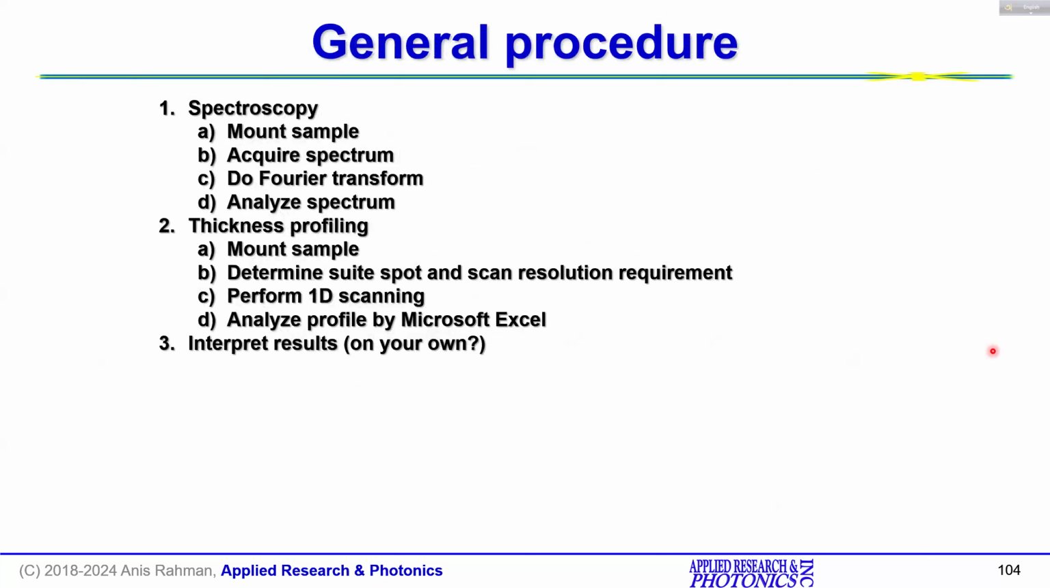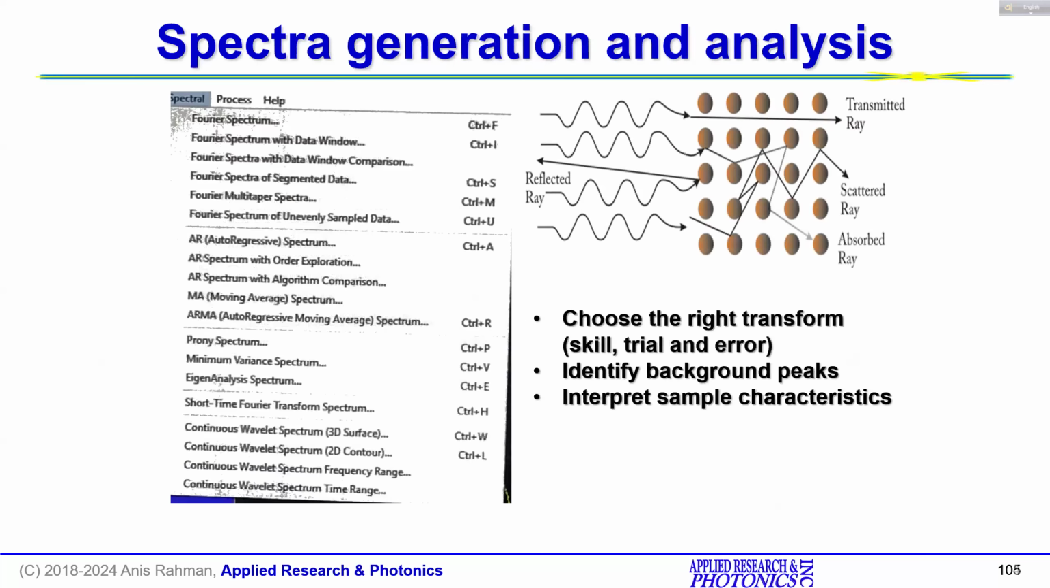So again, the general procedure is, this is just the user manual repetition here: mount the sample, acquire spectrum, then the Fourier transform, and analyze the sample. All of these software are built into the machine, so everything is given. So again, this cartoon you saw before, but in analysis, when we talk about Fourier transform, the Fourier transform is